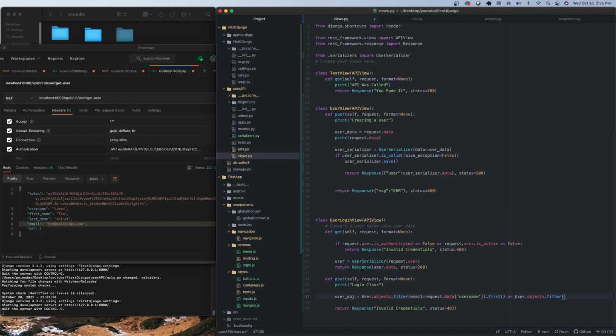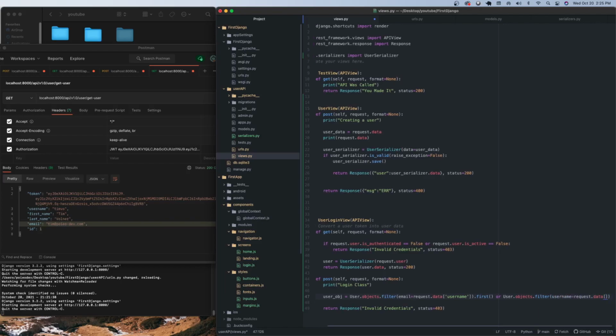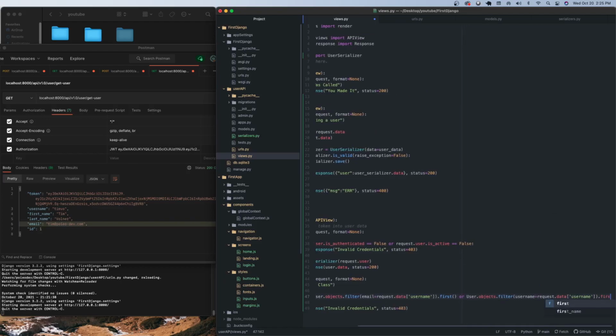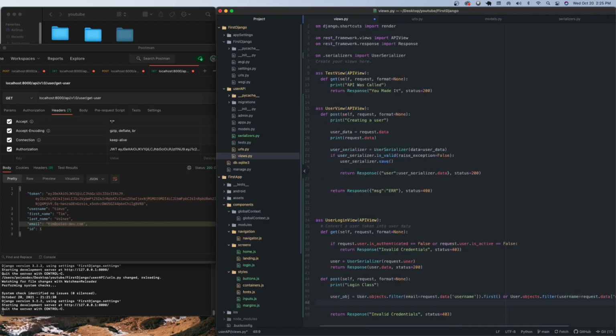User.objects.filter username equals request.data username, and then same thing, dot first. So it's going to look for either of those, and if it finds it, then we'll have a user object, otherwise it'll be none. So if user object is not none,